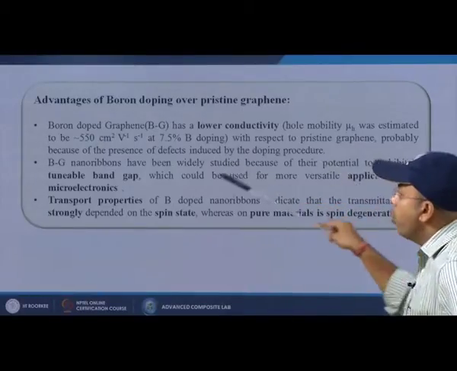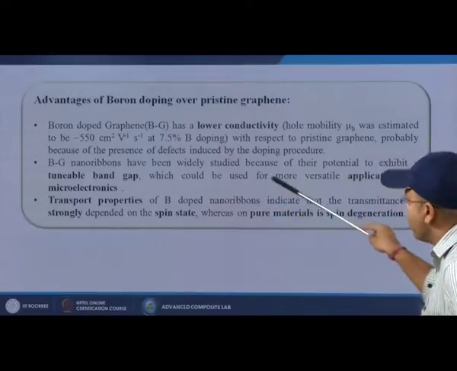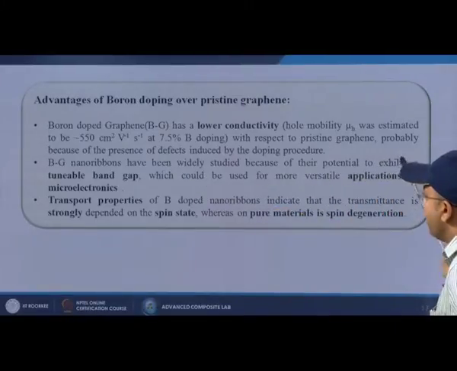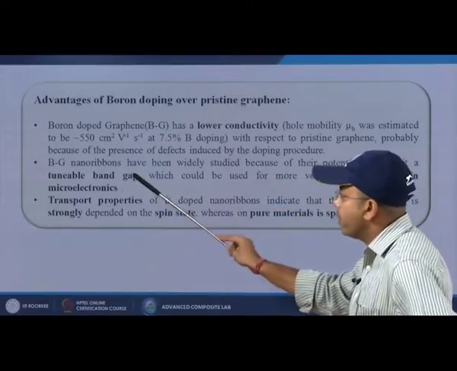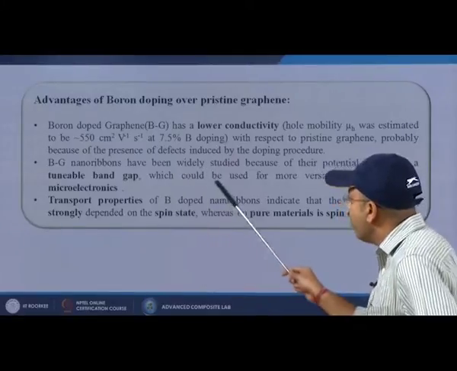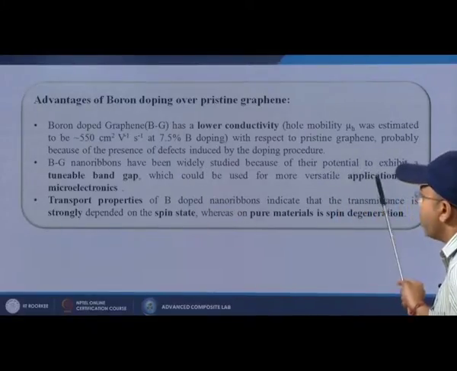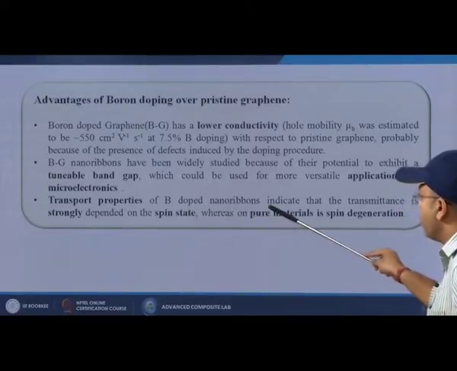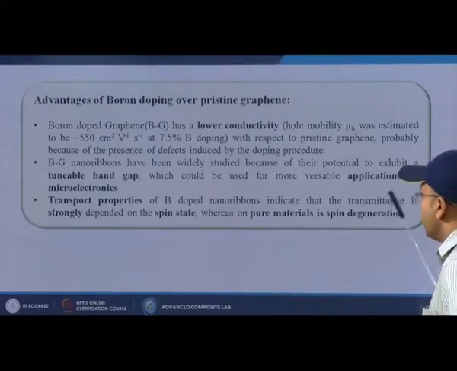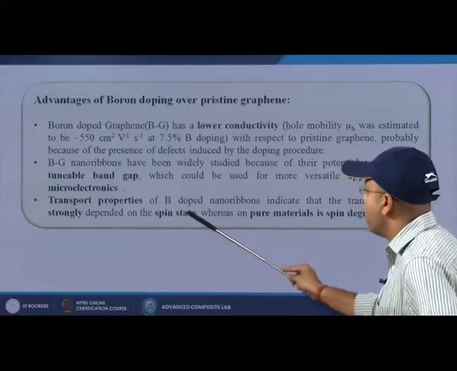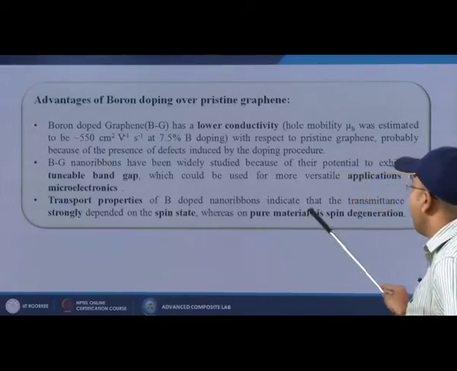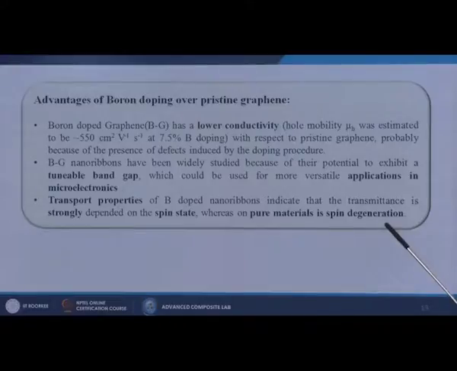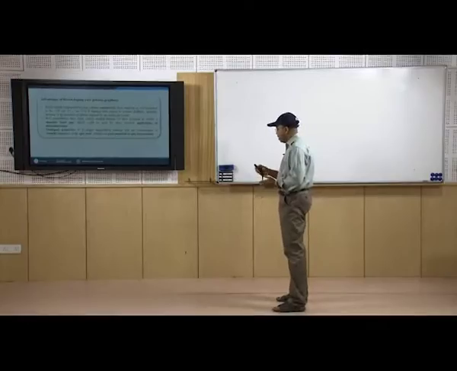Boron graphene nanoribbons have been widely studied because of their potential to exhibit a tunable band gap for the semiconductor industry, which could be used for more versatile applications in microelectronics. Transport properties of boron doped nanoribbons indicate that the transmittance is strongly dependent on the spin state, whereas in pure materials there is spin degeneracy. So these are all the advantages for which we are doing the boron doping onto the